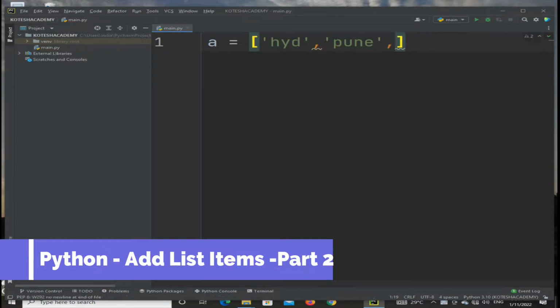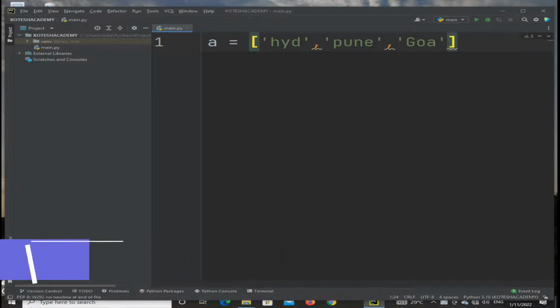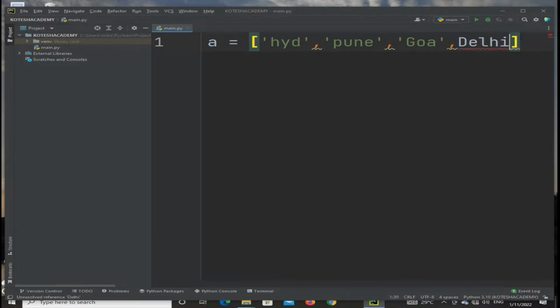Next, comma, I am taking Goa and Delhi. Here variable A contains 4 items.